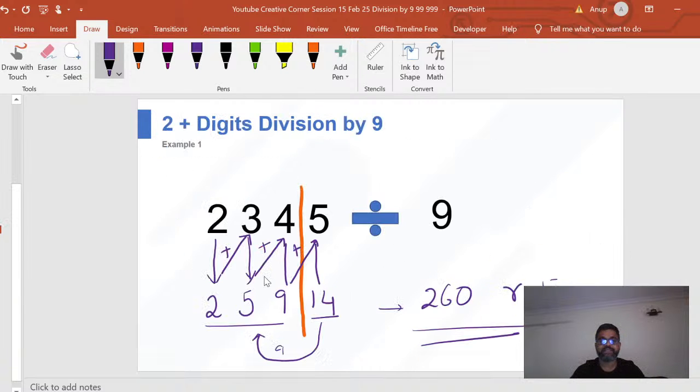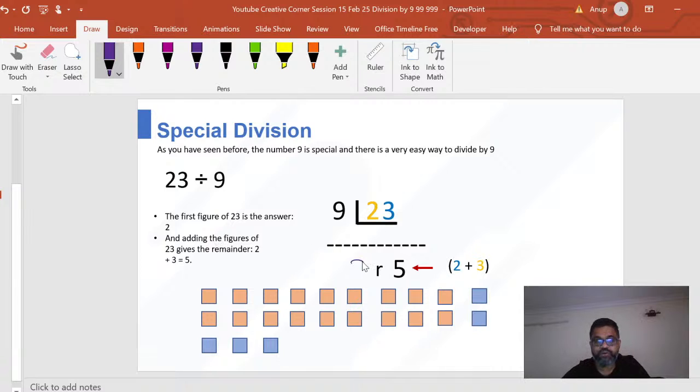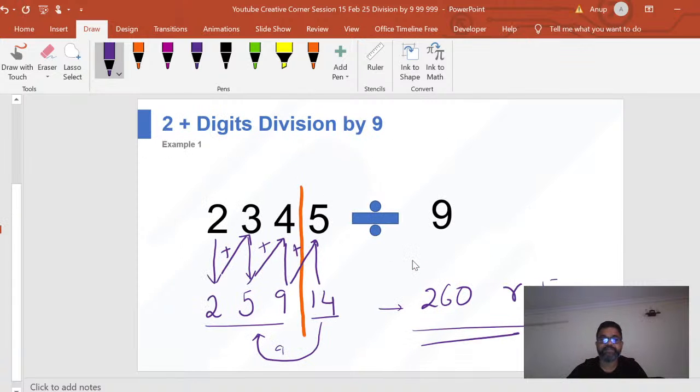So division by 9, as I said, just a quick recap: 2359. If it was a 2-digit number, you directly bring down that 2, and your remainder is the sum of these two. That's it. When you have longer digits, you bring that 2 down, add 3 to 5, right? 5 plus 4, 9. 9 plus 5, 14 here. You separate it out because you have 1 digit here. This is your quotient and this is your remainder. Now remember, when the remainder is greater than the divisor, you give 9 away, right? And then that's how it becomes 260 remainder 5.